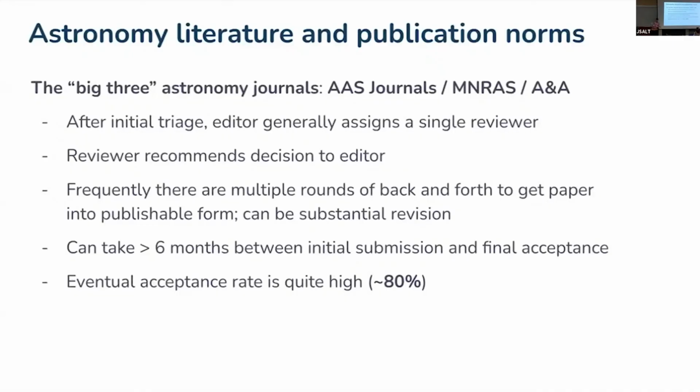But typically, in astronomy, you only have a single reviewer, who will review the paper and give a recommendation to the editor, things like reject, or essentially marginal reject, which is almost always the case. That means in its current form, this paper is not suitable for publication, but I recommend the authors do A, B, and C. This happens almost all the time. And then there's a marginal accept, which is like, if they make these minor tweaks, we'll accept the paper. Or technically they can accept it outright, but this basically never happens.